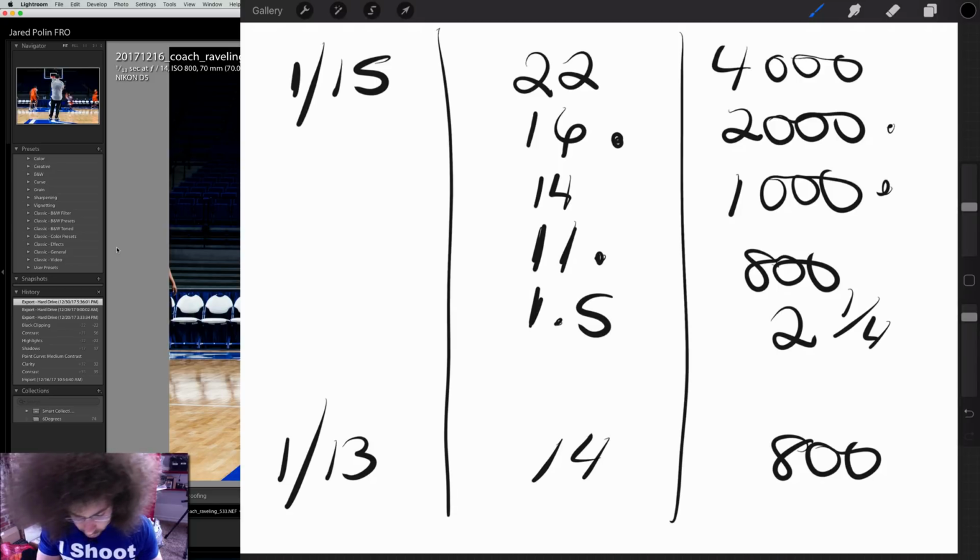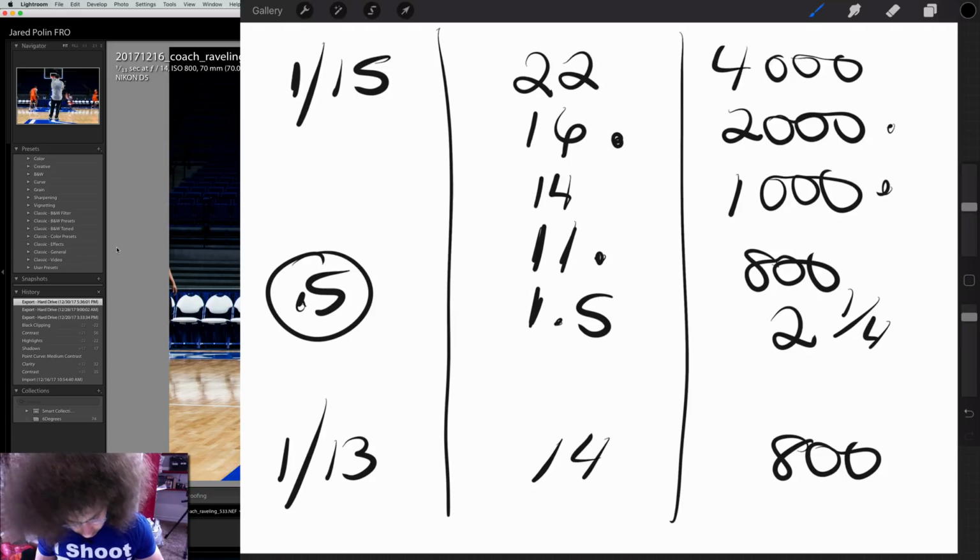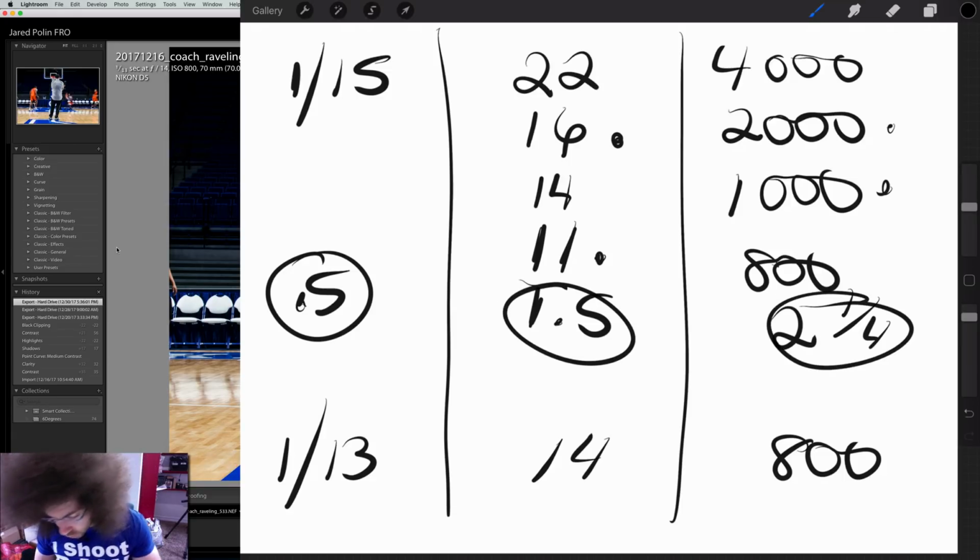So you got 2.25, you got 1.5, and then over here, you basically got like a half a stop going from 1/15 to 1/13. That is not a full stop at all. So you can see what the camera did here to get its exposure proper. Now let's look closely at this again. You've got 2.25 stops. If nothing else changed at all, and we took 2 stops and a quarter away from